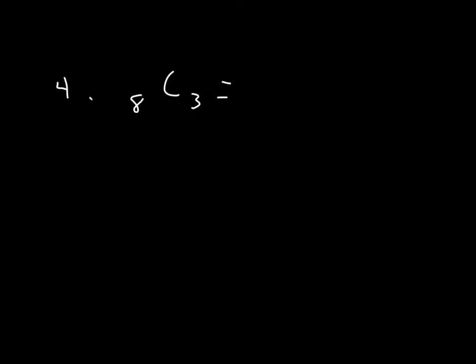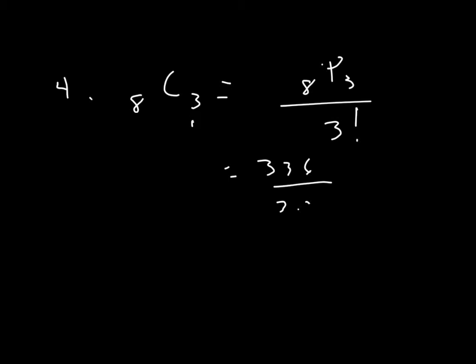Number 4 is related to number 3. Instead of a permutation, we're going to find a combination of 8 things 3 at a time. The formula for that would be to take the permutation of 8 things 3 at a time, and then divide it by 3 factorial. So we remember this was 336,